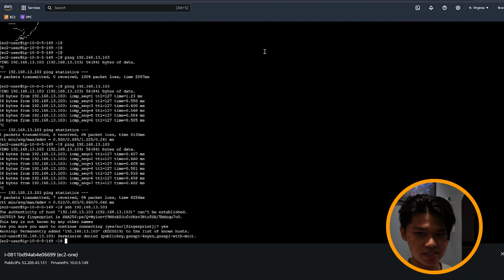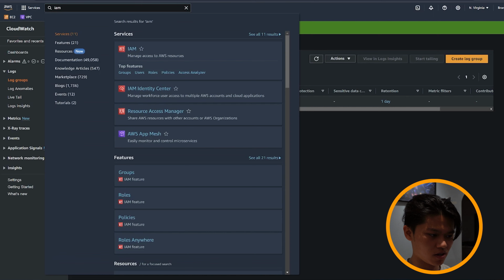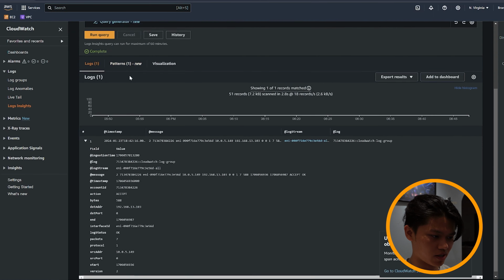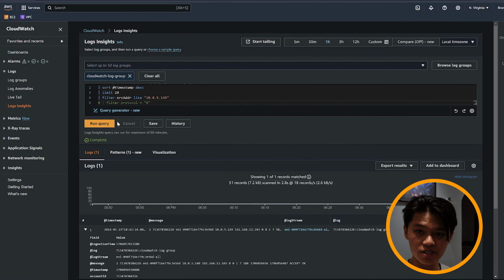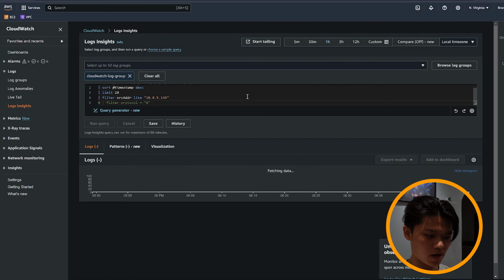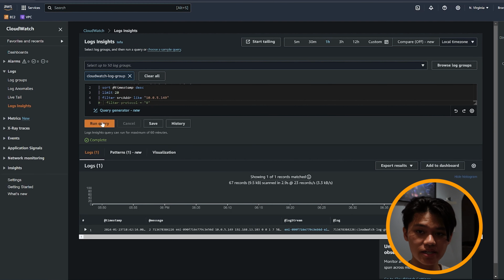Well, it doesn't matter if we SSH or not into it. VPC flow logs should be able to tell us what's going on. So we filter using the same source address from EC2 instance number 1. It should populate with another log. Keep in mind that VPC flow logs do take a minute to show up. So if they don't show up within the first minute, be patient, just wait and spam run query, and eventually